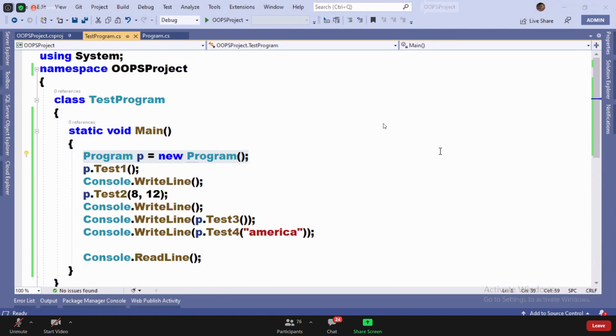We are just creating the instance of one class in another class and calling the methods. The instance of the Program class is created in the TestProgram class. By creating the instance of the Program class in TestProgram, we called the methods of the Program class in TestProgram. That's what I have done. Am I clear, guys?